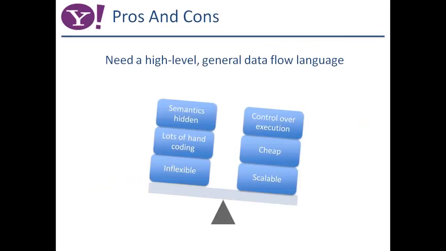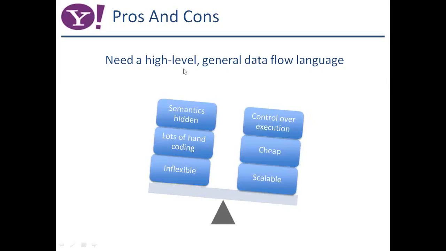chime in. So that's why I need a high level general data flow language, which has the semantics hidden. That means I will only specify what has to be done, but I will never specify how it has to be done. That is beyond my scope. There is a lot of hand coding involved here, and this is inflexible. I want to have control over execution. I want something cheap, and I want scalability to exist. These are all the factors which outweigh the cons